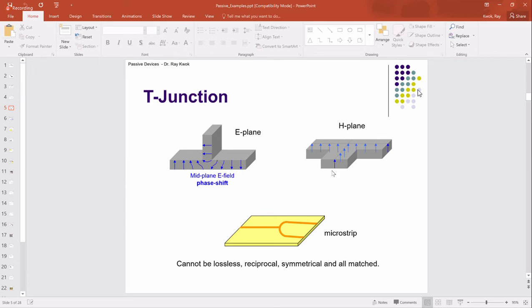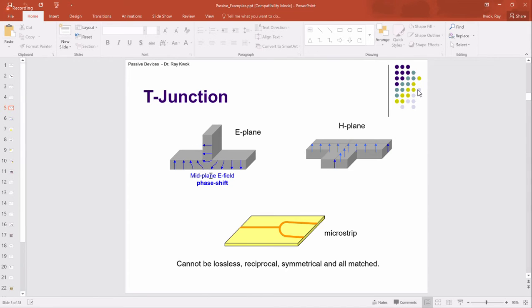The difference is, if I draw the arrow that represents the E field direction, of course it's going up and down. But what I'm saying is, if the E field is going up and down here, when they come to the junction, they still go in the same direction, up and down. So the output tends to be in phase with the input, or at least the outputs are in phase with respect to each other. But looking at the E plane here, the signal coming down,